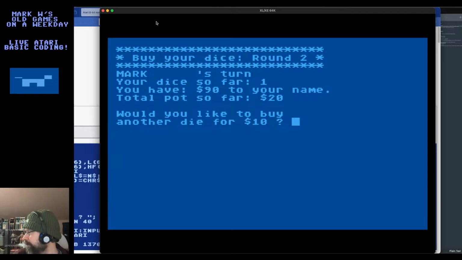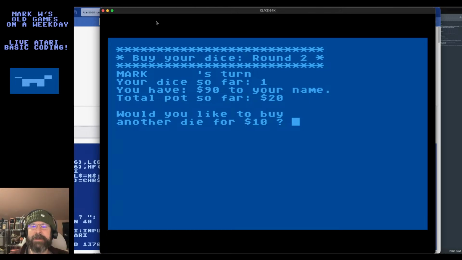There's other things it has to choose in other places, like when it plays the sweepstakes game. I think it just picks at random. You want to bet on pairs or a straight or whatever. I think it's just at random. So we do want to code some kind of logic here. It could be something like the Atari wants to buy every time it's prompted to buy a die. I don't know, we could just do random. You could make it for stars. We could make a 50-50 chance it says yes or no, or we could make it like 75-25 yes versus no or whatever. If you want to get smarter, sure you could do that, but let's just get something rolling here.